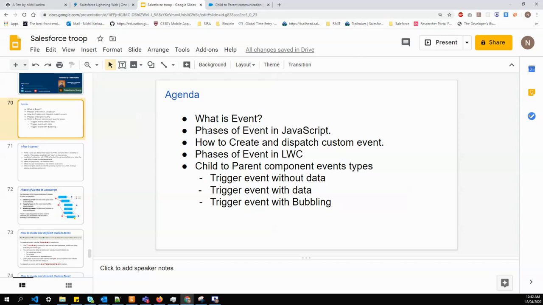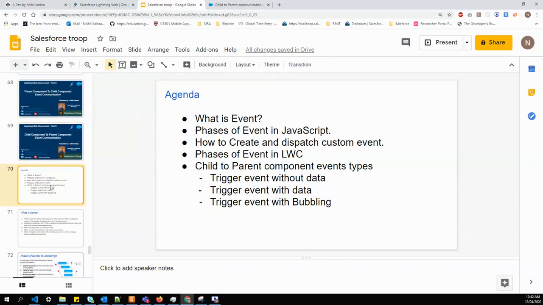After that, we have gone through the three types of child to parent communication using events. The first one was without data, a simple event. After that, we have seen triggering an event with data, and the last one was triggering an event with bubbling. That's it for today.